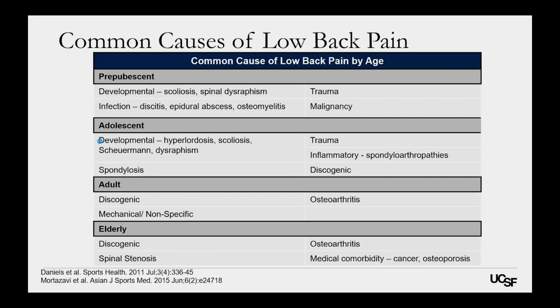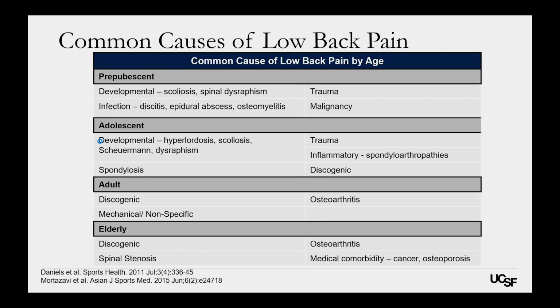So here's a table showing in broad categories the common causes of low back pain that you might commonly consider, broken down by age group. Starting with pre-adolescent population are developmental issues such as scoliosis, infection, tumor, or trauma. In the adolescent or teenage population, common causes of low back pain include trauma such as